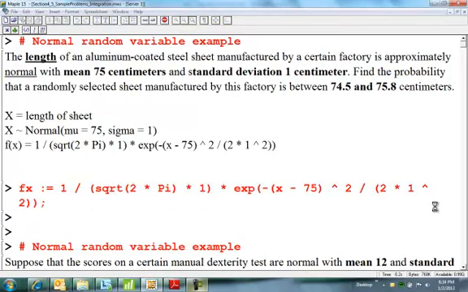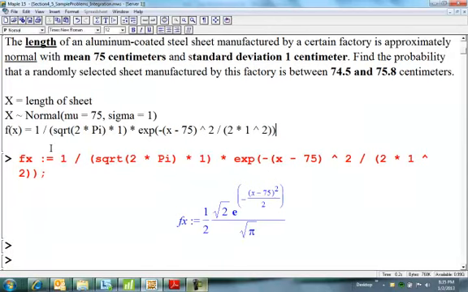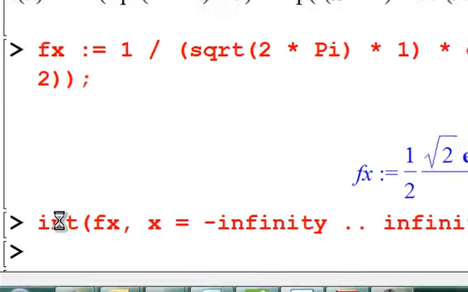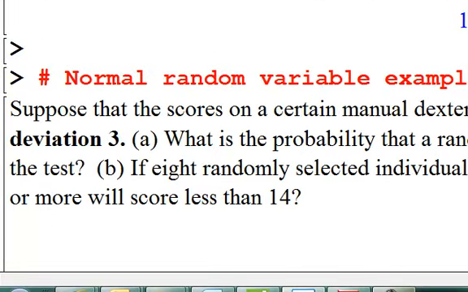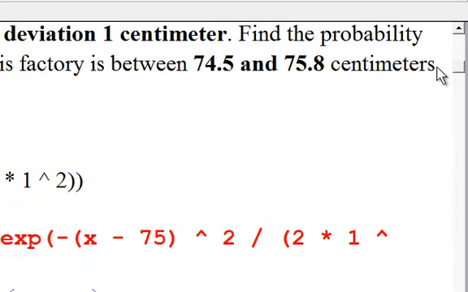Let me go ahead, and the way to tell if I have typed it in correctly is to integrate this from negative infinity to infinity, and let's see if I get 1. If not, I have a mistake in the way I typed it in. Okay, good, so I know that I don't have any mistakes in my function, and now what I want to do,